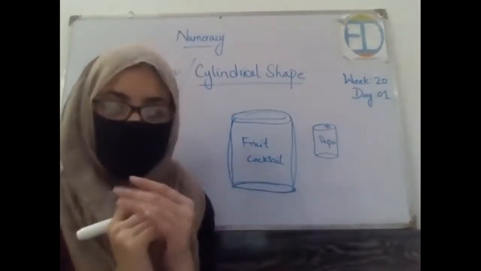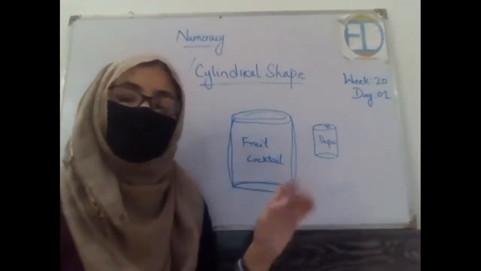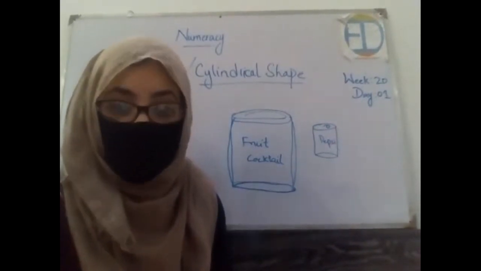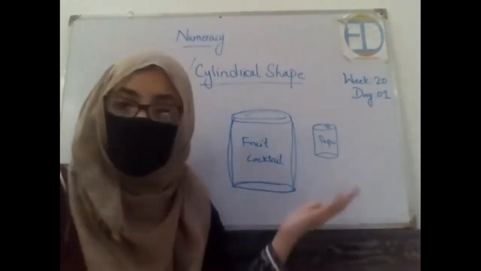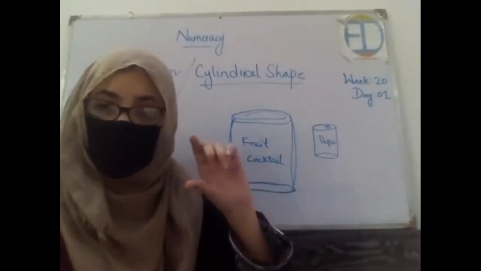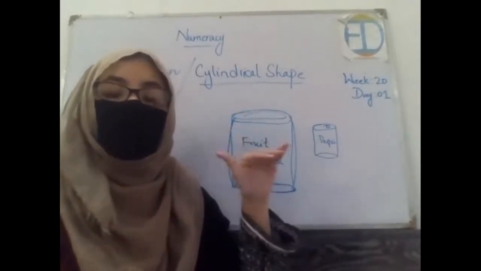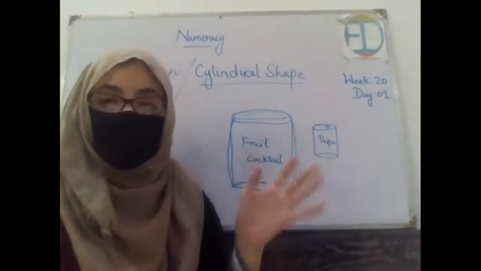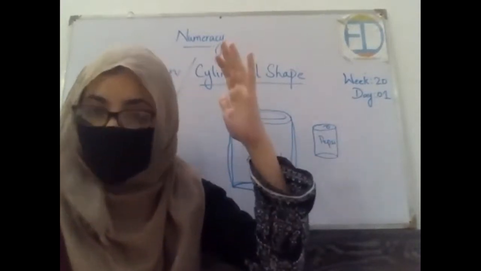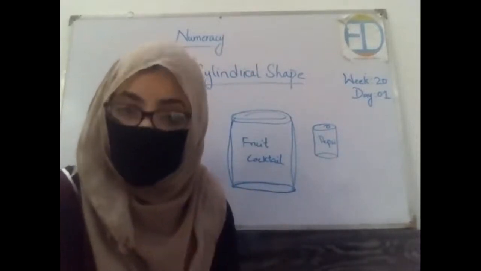And what about their size? Do we have cans of every size, or is there a particular size? Yes, we can have cans of every size. They can be small, they can be big. Like the Pepsi can is small, but the fruit cocktail is a bigger one. Even in that fruit cocktail or pineapple tins, we have the sizes of 500 milligram. Then we have 1,000. Then we have 2 liters, etc., etc. Right? So we do have size variations.